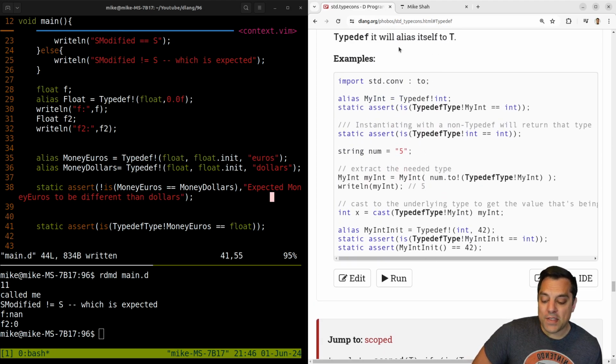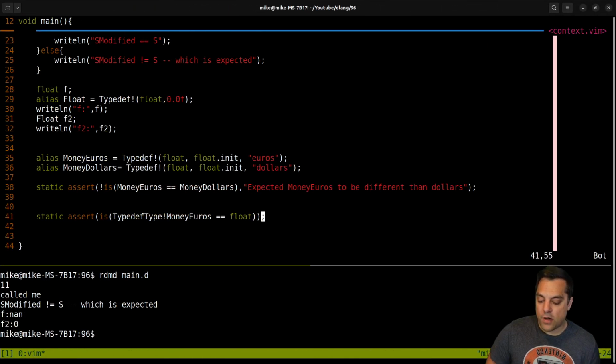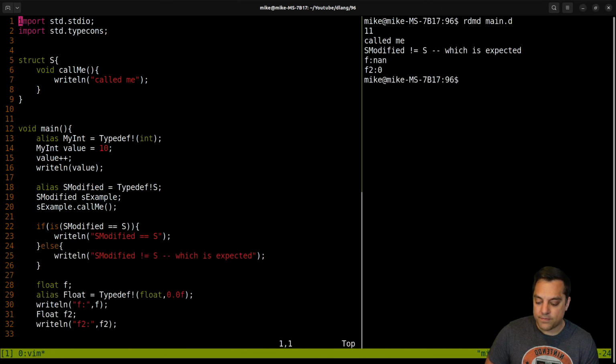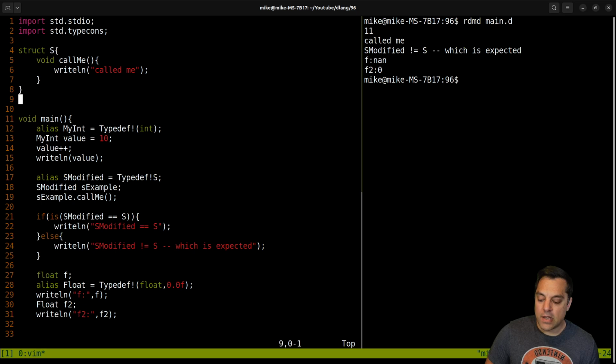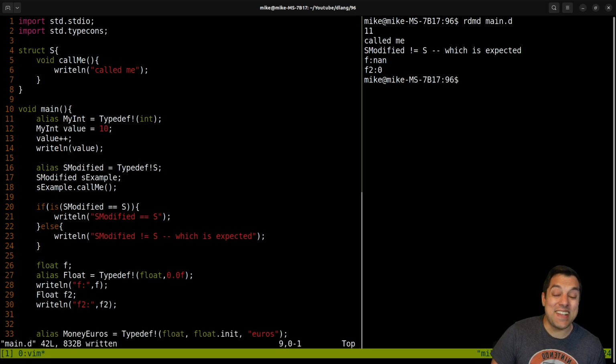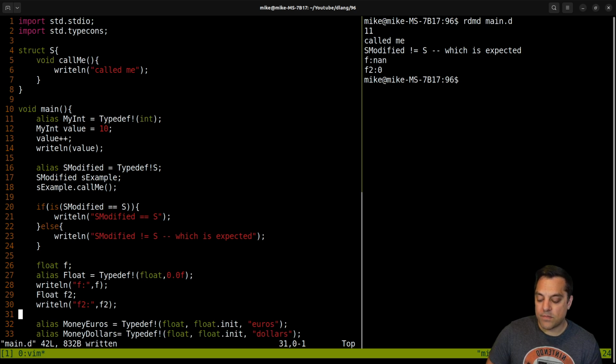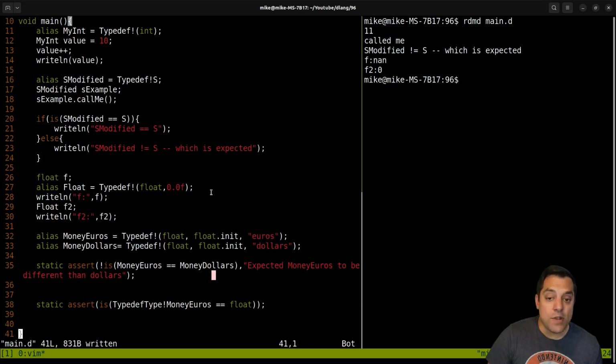All right, folks, so hopefully you enjoyed this lesson. Let's go ahead and get the code on one page for you here, or close to one page, on Typedef. Again, that's part of our TypeCons or type constructors. Nice little tool in the D programming language, a nice way to wrap up types. Again, if you need some sort of primitive way or a way to get started with having units, for instance, for things like currencies, this is probably the right tool. You could probably also build on top of this if you wanted to, for instance, make a units library,